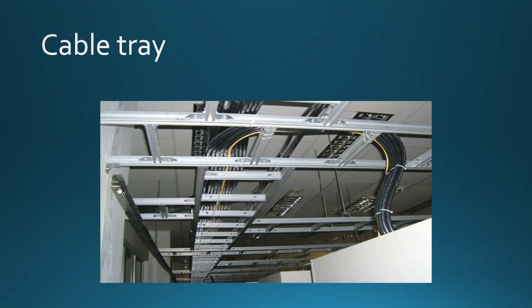Here is some sort of a strut type of mounting here, and you have cable tray when some heavier cabling is involved. This thing is used for electrical wiring, or also data wiring as well. Cable tray is being used. Now, you can buy those pre-made sections and assemble them. Sometimes you have to cut and trim a certain way,